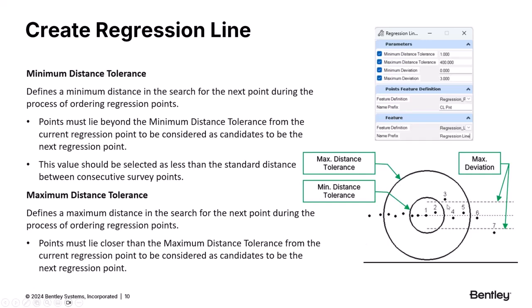This diagram is straight from the OpenRoads help file. So if you're interested in getting more details about this than what I put in my slides here, feel free to take a look at the OpenRoads help, because that's where I got this image from. Okay? So starting from point 1, you set a minimum distance tolerance out to here, set a maximum distance tolerance out to here, set a maximum deviation. As long as those points fall within those parameters that you define here, it will include those points for processing in the regression